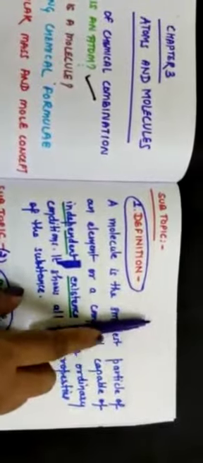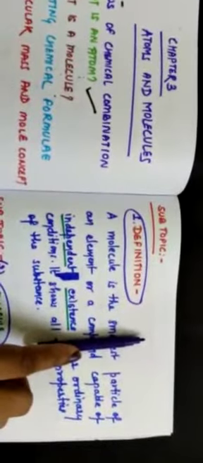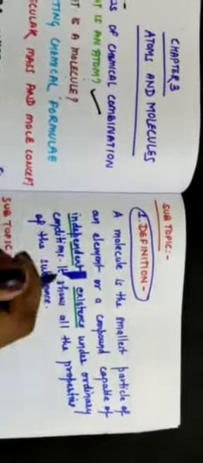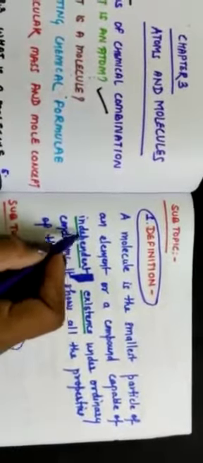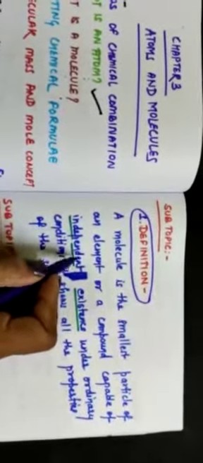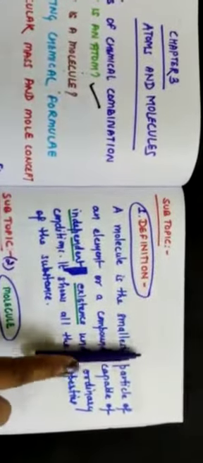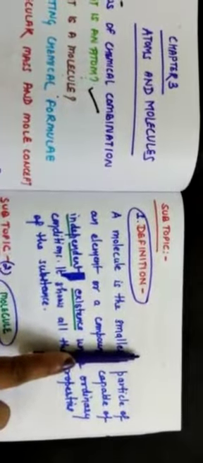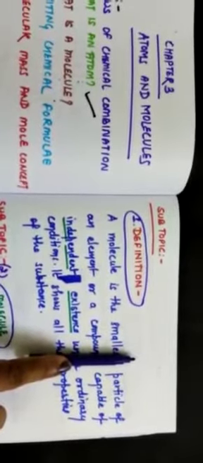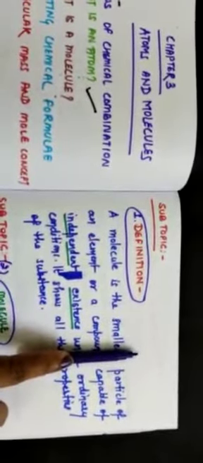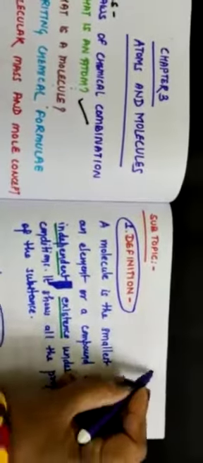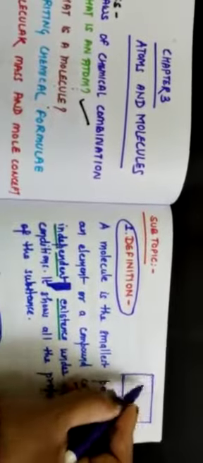So smallest particle here. Then what is the difference between atom and molecule? Atom is also the smallest one, but it cannot exist independently. And here the remarkable point in case of molecule is that they exist independently, right? So in case of molecule, the smallest particle of element or compound, the existence is independent. In case of atom, they are also the smallest one, but their existence is not independent. Understood? Is it easy?